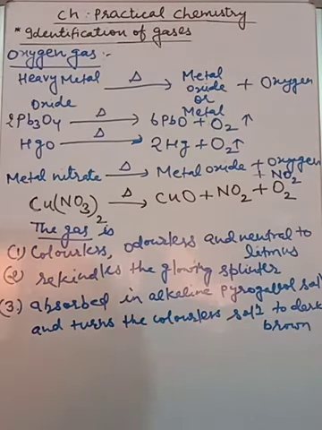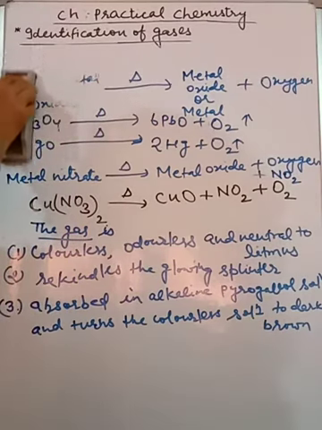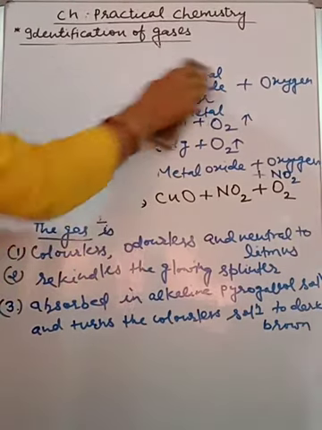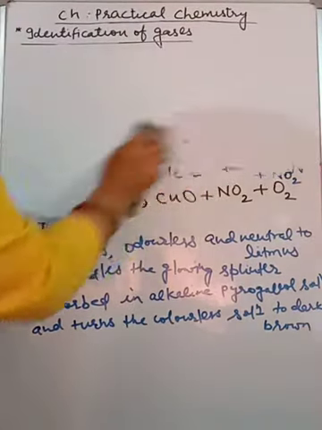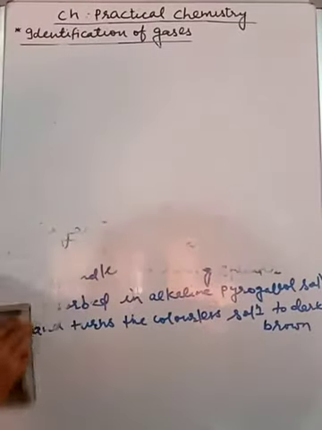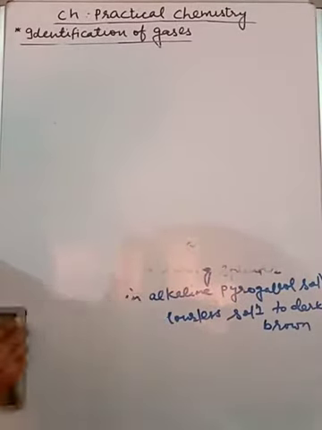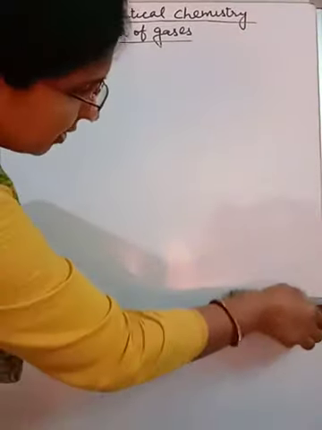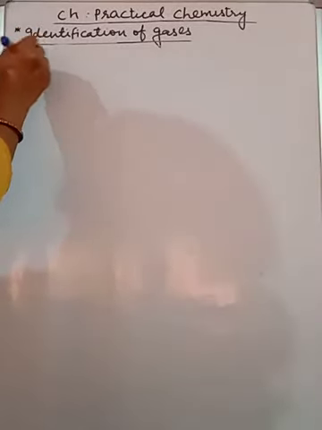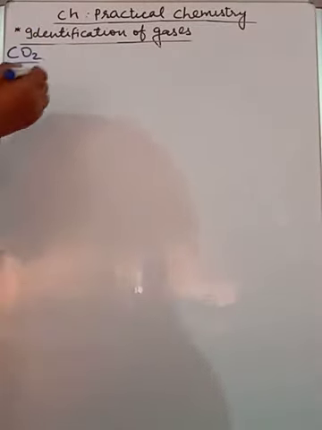Now next we are going to discuss carbon dioxide. When we discuss carbon dioxide, we should also discuss SO2 together, because in exams generally the question comes: the difference between CO2 and SO2. How will you distinguish them by a chemical test? So we will do this together. CO2 is a very common gas, you know it. So how can we identify the coming out gas as CO2 and how can we get it?